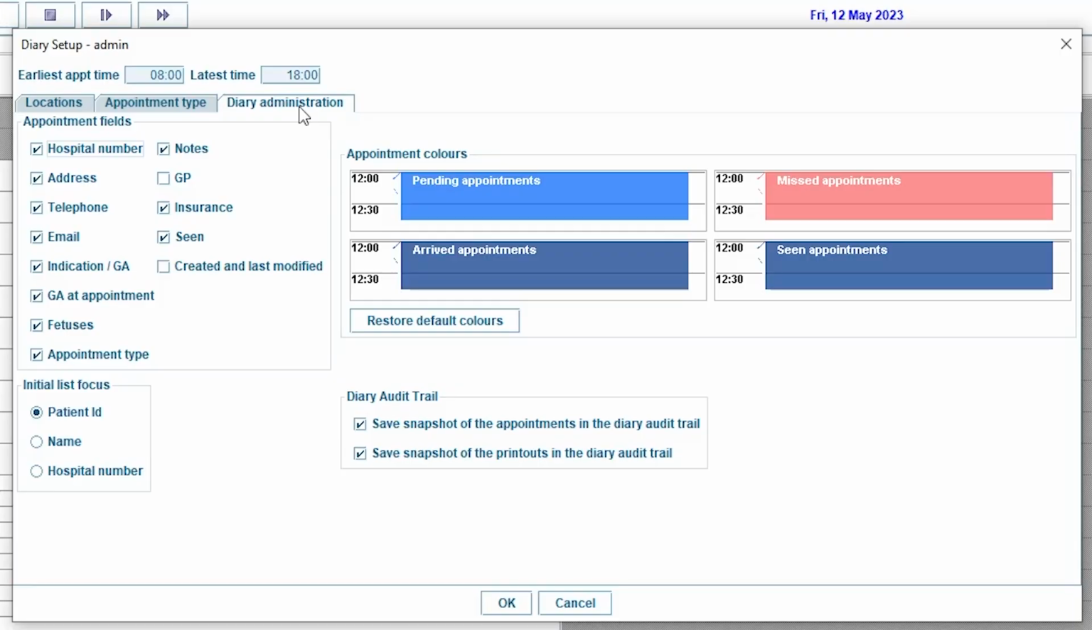The Diary Administration tab allows you to configure the appointments. Please note that this section is only accessible to users with a special permission. First, you can define which fields are to be displayed in the appointment window. Next, you have the possibility to change the color scheme of the appointment status by clicking on the sample appointments